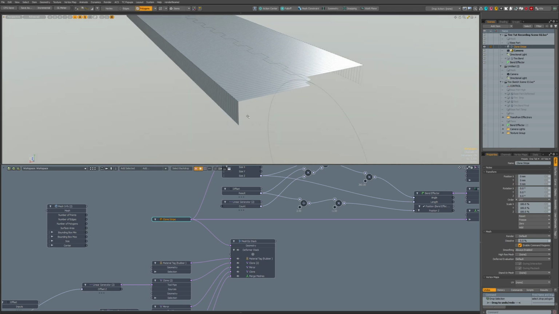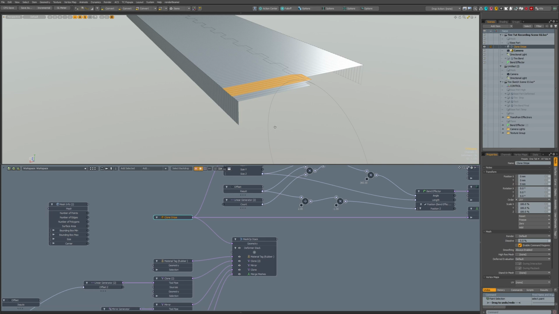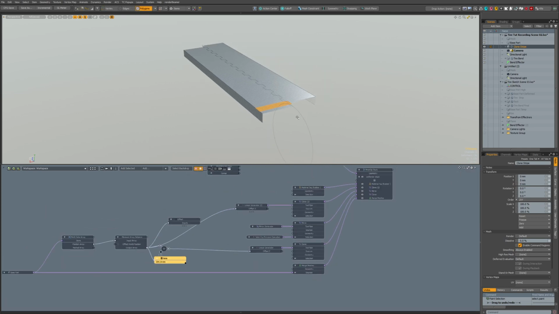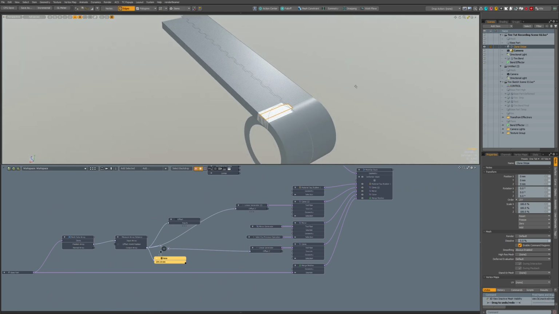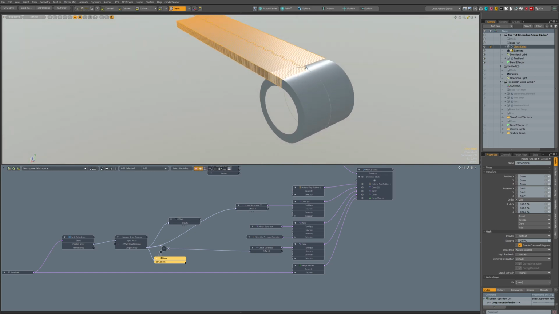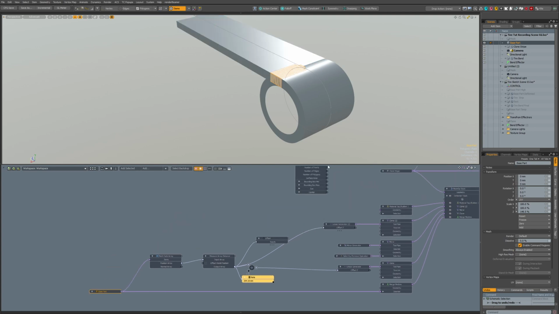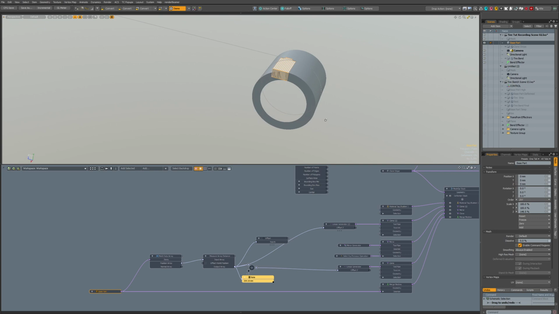So let's make some kind of form here, so we can see how everything works. So if I select that item, I think I'll hide this one and select this one.